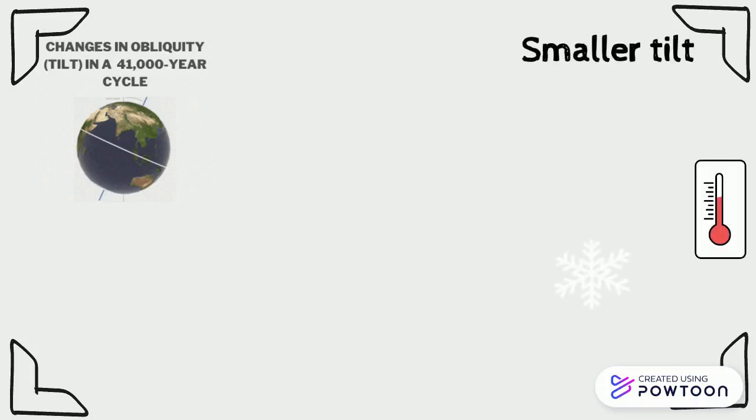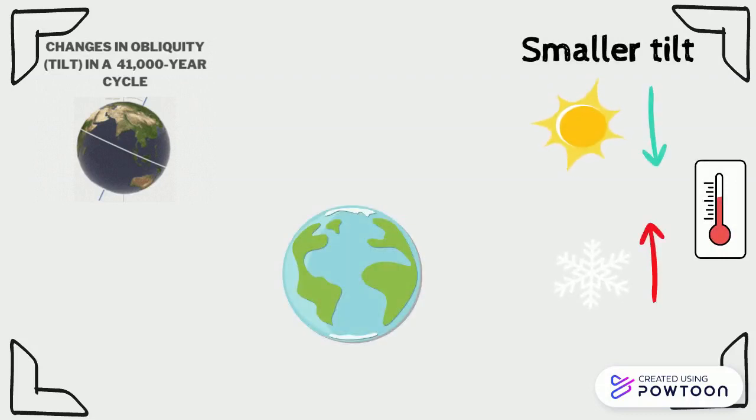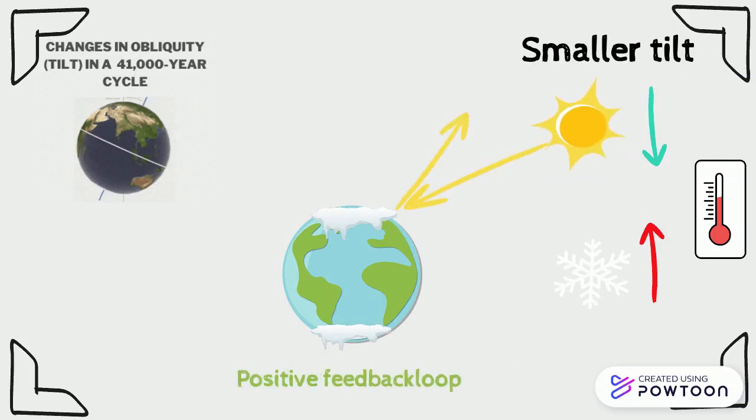The winters will get warmer and the summers will get cooler. At high latitude, this eventually allows snow and ice to form, which build up into large ice sheets. Then, a positive feedback loop occurs because more energy of the sun can be reflected when ice cover increases, which results in further cooling. The obliquity changes every 41,000 years.